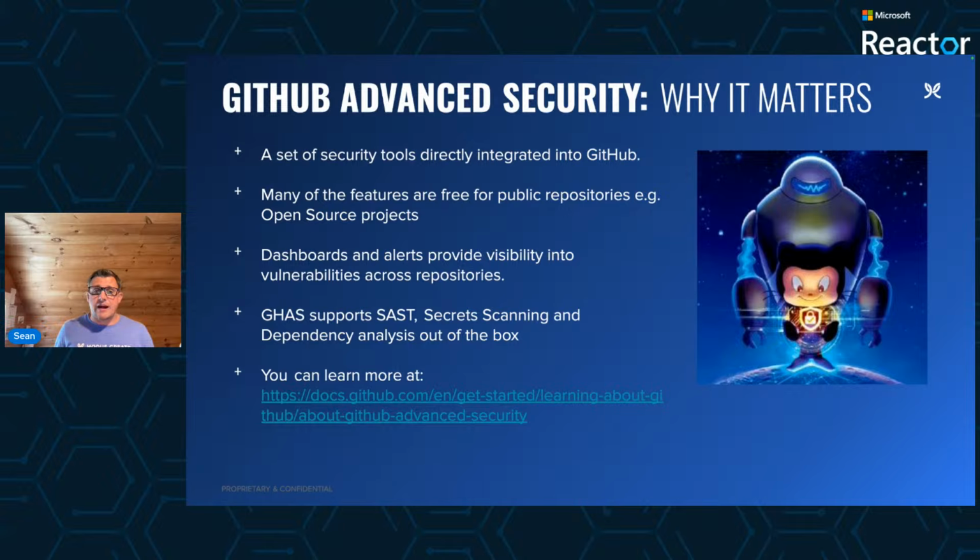GitHub's dependency graph automatically maps out all of the software dependencies, including transitive ones. And those are the dependencies of dependencies. So those are things that you may not necessarily realize are in your dependency chain. And that's done at the repository level, which gives teams visibility into what's being used and where. Dependabot itself alerts you when vulnerabilities are discovered, and Dependabot security updates can even automate the patching process by opening pull requests with fixes.